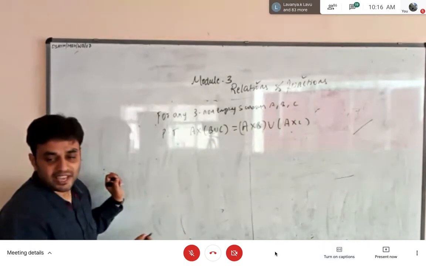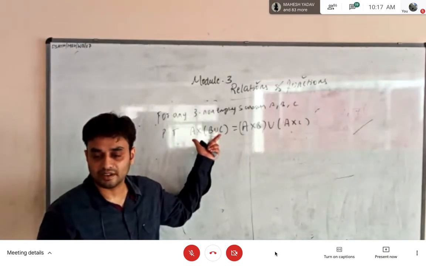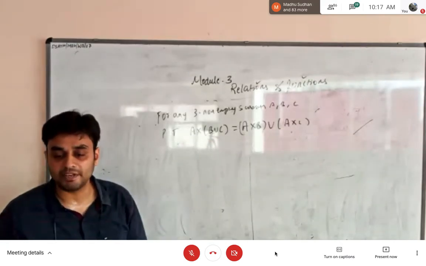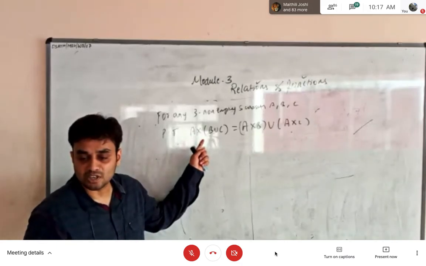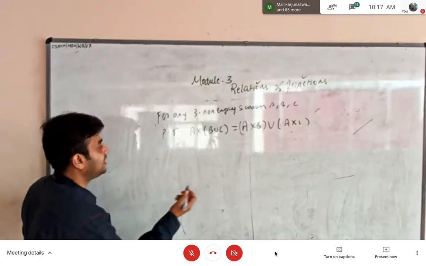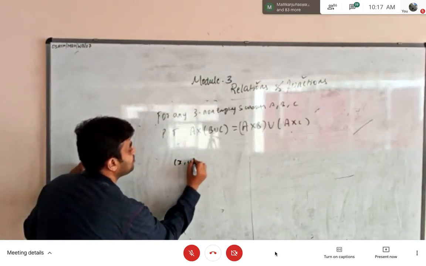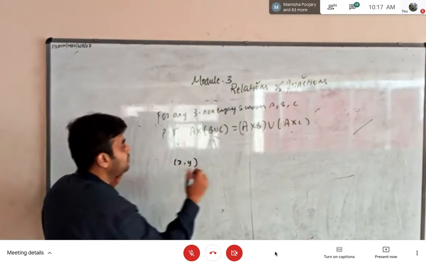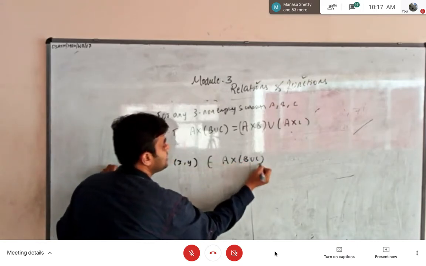So to proceed in this way, first of all, I don't know which are all the elements that belong to the LHS, right? So since I don't know what elements belong to the LHS, I will take some arbitrary element. But now my point is, you cannot take an element because this is not a set, it is a Cartesian product. Since it is a Cartesian product, you cannot take an element. What I will do is I will take some arbitrary ordered pair, say for example x comma y, some arbitrary ordered pair x comma y. Okay, so it belongs to the LHS, that is A cross of B union C.